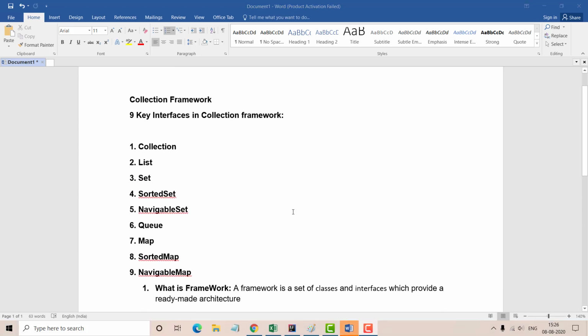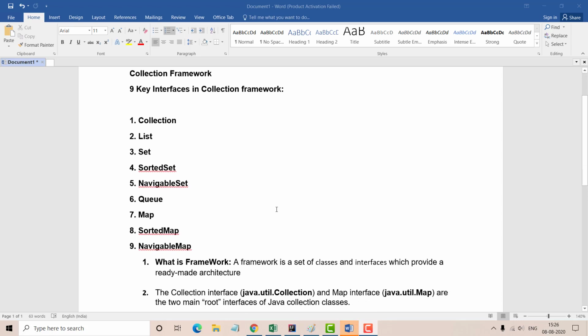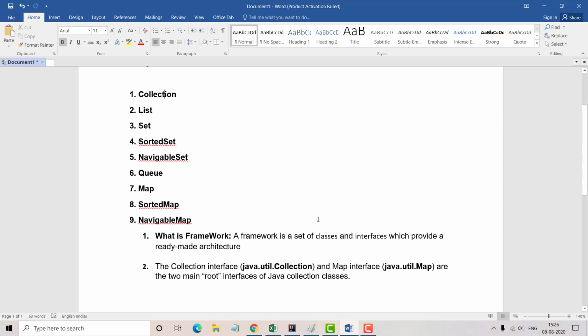This collection framework has different interfaces as we saw previously. The first interface is collection. What is the location of this interface in the complete Java language? The collection interface is present in the java.util package. In java.util there is also a different interface, the map interface, which we will see at a later stage of this series. It is a completely different interface which is not linked with the first 6 interfaces. We will see that in detail later, don't worry about that.